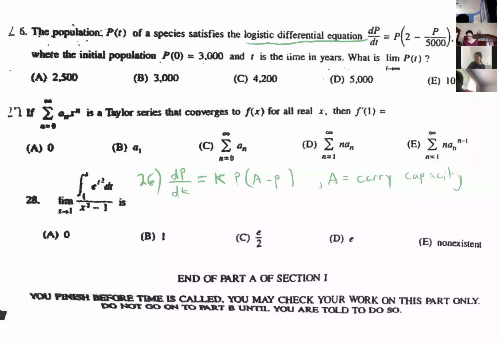So looking at the equation up here, it gives you this right here. And it says you want to find the limit. So the limit represents the horizontal asymptote. That's where the maximum carrying capacity is. So what I'm going to do to this one is, as dP over dt